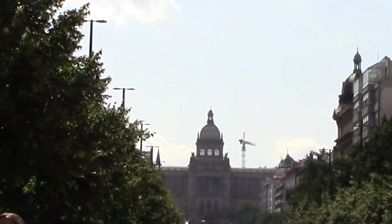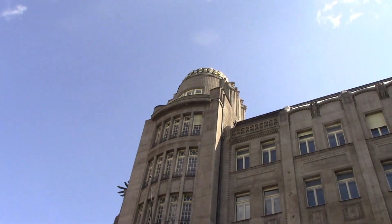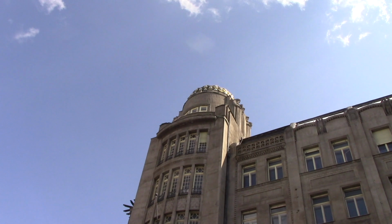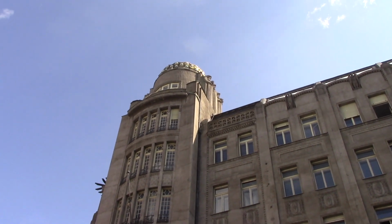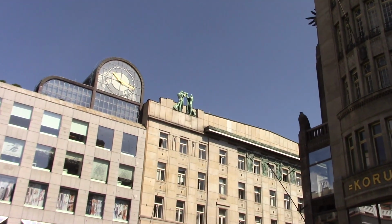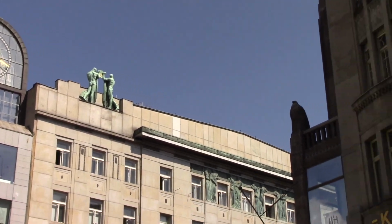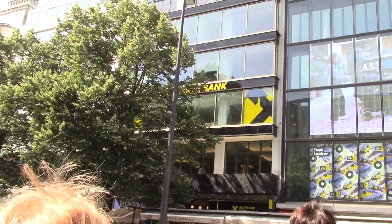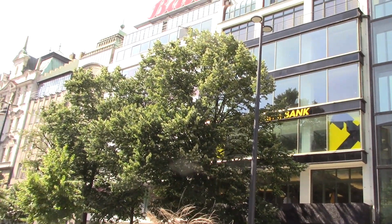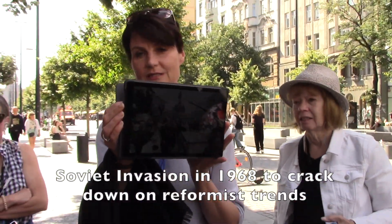National Museum. Yeah. Wow. That's the building, and that kind of looks like a crown. That's 1911. There are some figures on the side. And over here, these guys are pretty cool. This is the 20s and 30s. Called it functionalism. There's no brick, but I'm familiar with it. Bauhaus. But you can see the